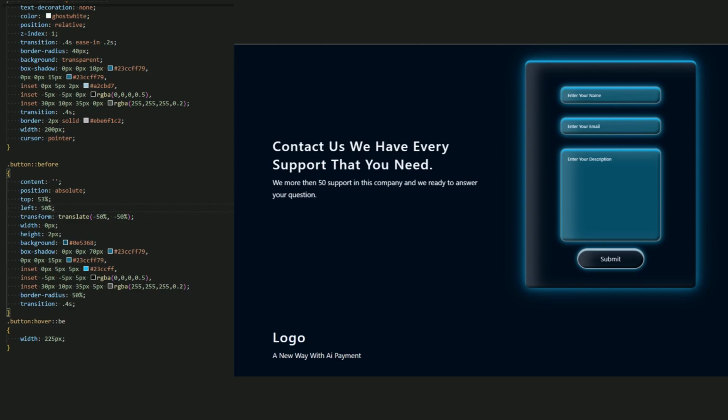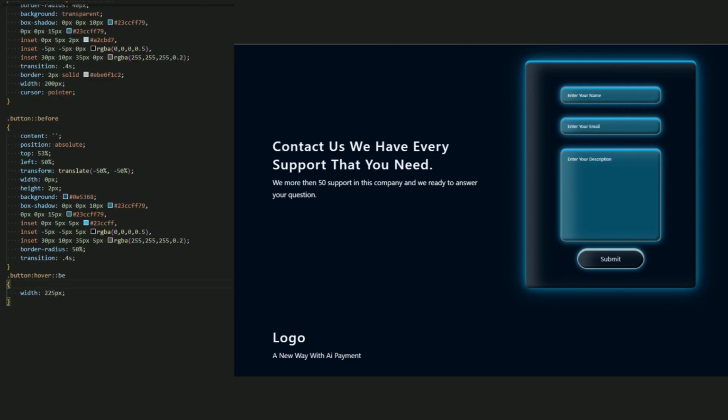Okay, now inside this before, we don't need it, I think. Yeah, everything is good. Let me do 10 pixel instead of that, and yeah, this is good for this button before. And for the hover, let me add this. Okay, for the hover be at 300 pixel. I think it's good. Yeah, 300 pixel.